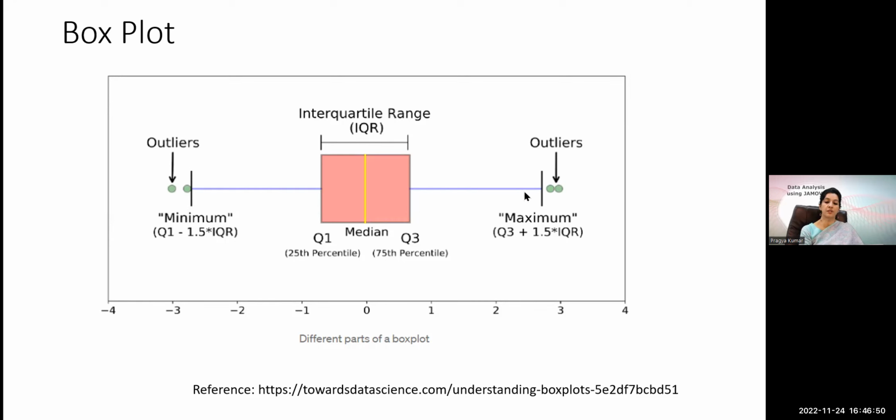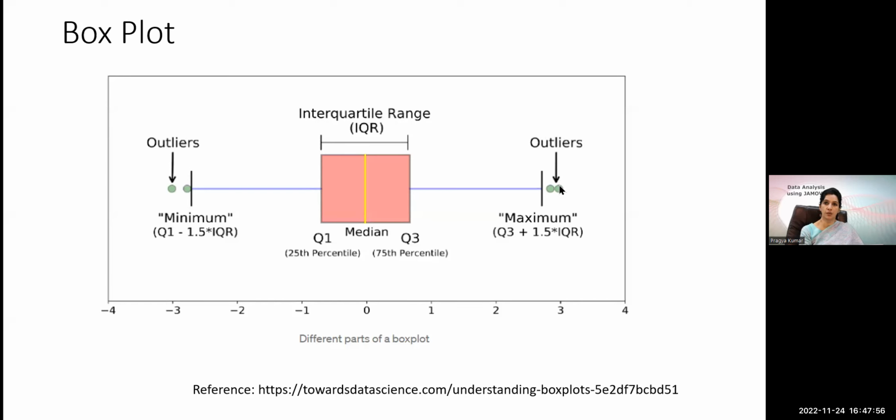Then you can see that there are two lines, which are the whiskers. These are the two which we take as the minimum and maximum. The minimum is Q1 minus 1.5 times the interquartile range, and the maximum is Q3 plus 1.5 times the interquartile range. So 1.5 times this box length. Any data which falls outside these two, beyond Q1 minus 1.5 times the interquartile range or Q3 plus 1.5 times the interquartile range,